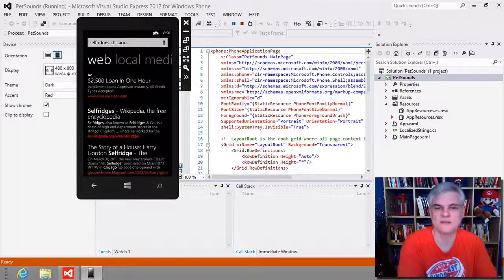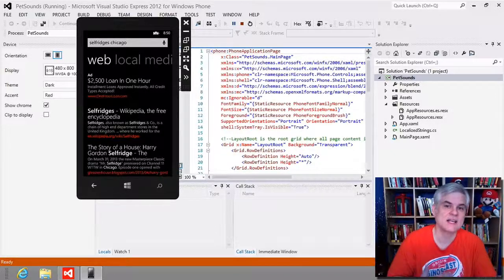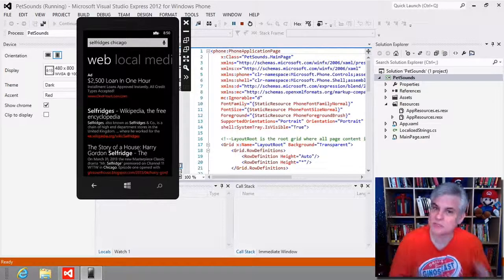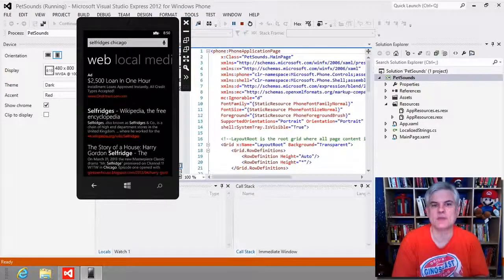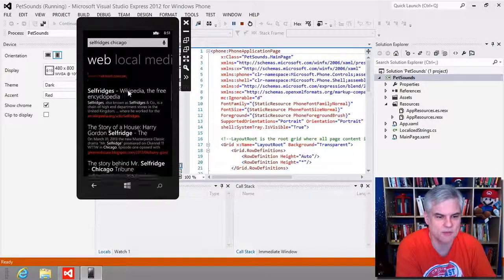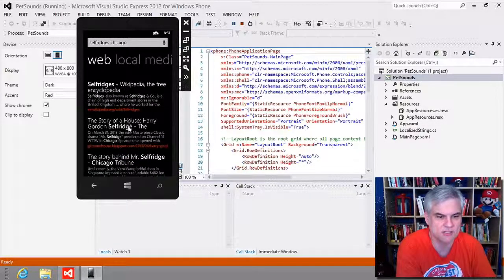If it's the first time that you run it, it'll ask for permission to use your location in case that would influence the search results. For example, if I was in London while searching for this, Bing might show me a map of the Selfridges that are near me where I'm physically standing in London. However, since I'm in the USA, Bing will deliver different results. And I'm going to show you how the emulator determines this location in just a moment. But at any rate, you can see that we get a Wikipedia article and some additional